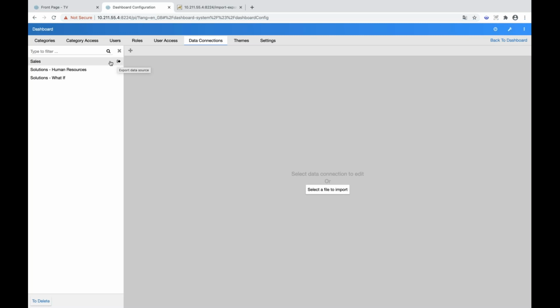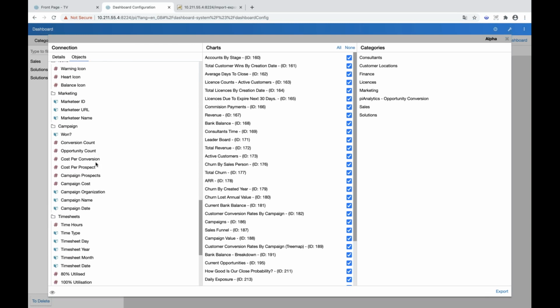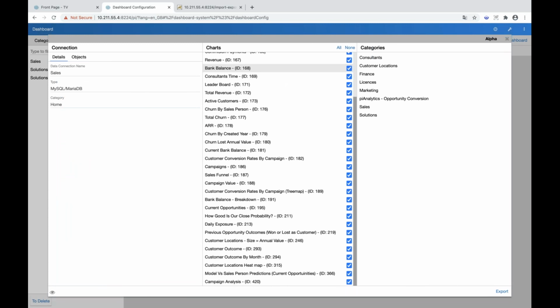But essentially what I'm going to do is export my sales data connection. So I click this button here and I get an intermediary step, which lists everything that will come out with this data connection. There's the connection itself, so here are the connection details, and all of the objects in that data connection: the tables, the joins, all of those things are coming out. These are all the charts that are going to be exported, and these are all the categories that, if they don't exist on the site that we're going to go into, will be created. We're going to do a few of these exports to show you some different scenarios,